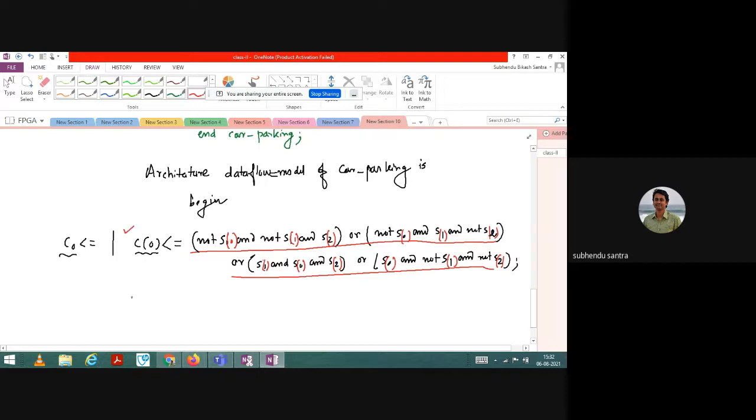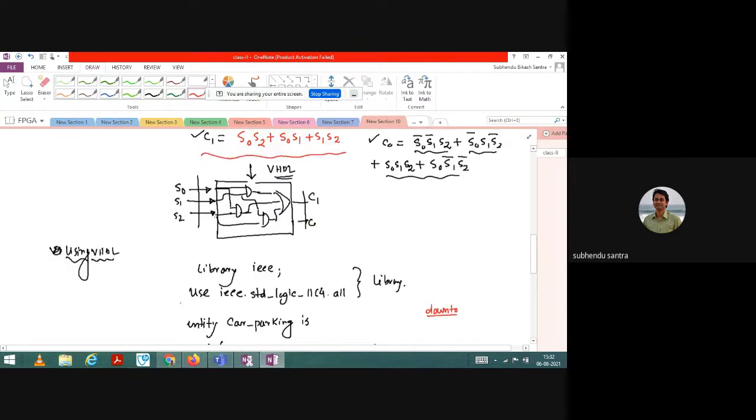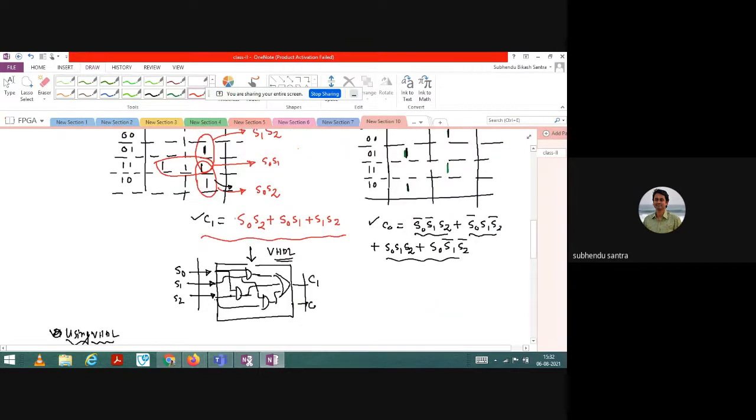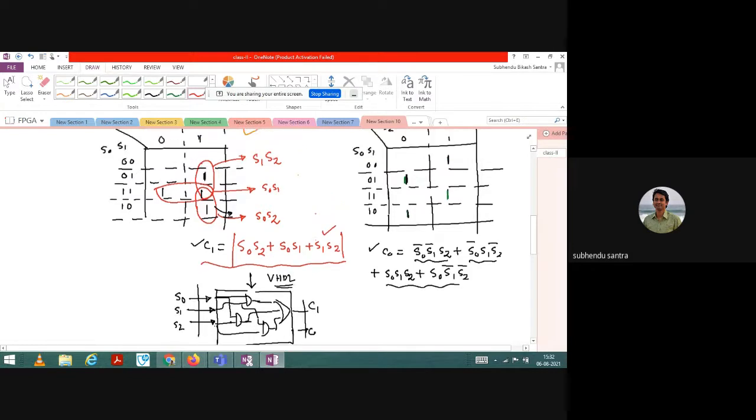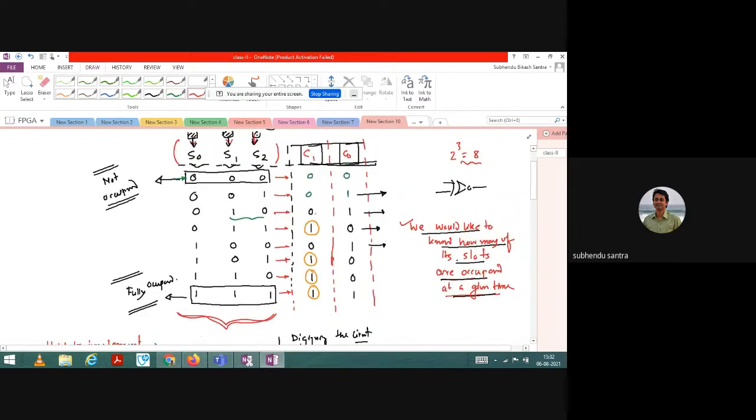Now if you write for C1, what else can I write? Because I have already done this and already reduced that, you can use it, or you can write from the K-map. So what will I write?